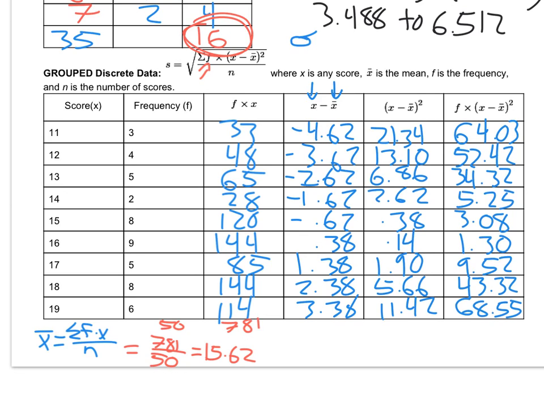Okay, and then I'm going to go ahead and find the sum of that column, because I'm going to need that here. So the sum of that entire column is